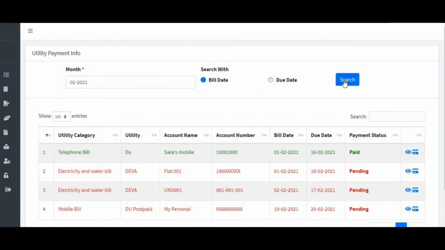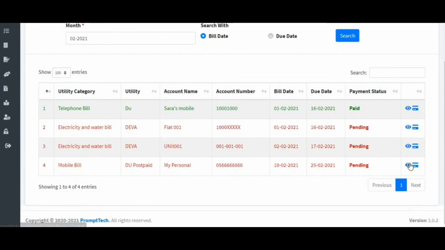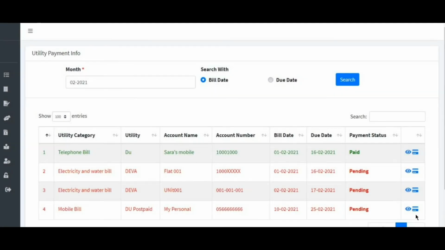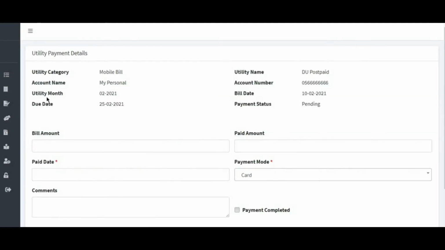And this bill actually is every month. Some bills are quarterly, some bills are yearly, some are called monthly bills. So as per the need you can put it, and you can even put the date as well, from which date to which date it is valid, and then save it. As soon as you save it, you'll create the utility details over here.